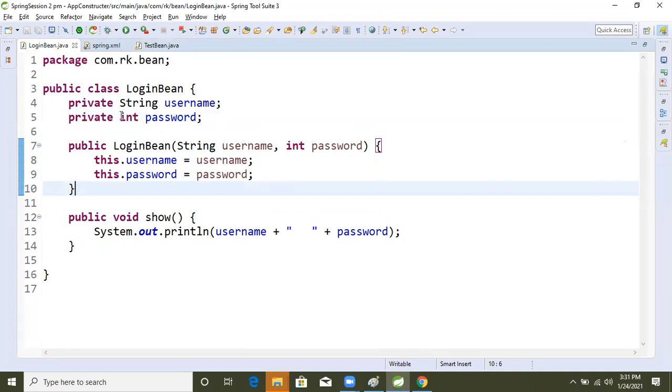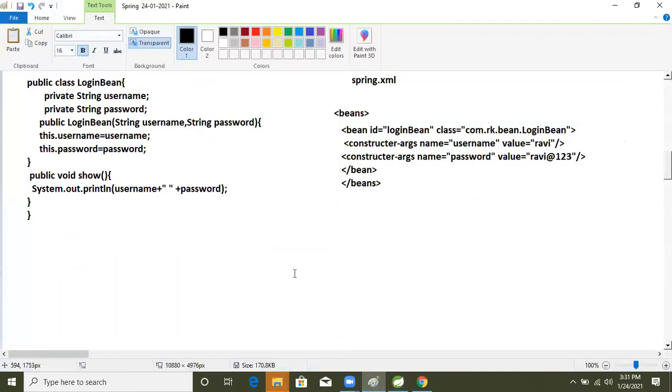So how will we configure those classes and how will we inject that class? Let's see it practically, right? First let's understand here.